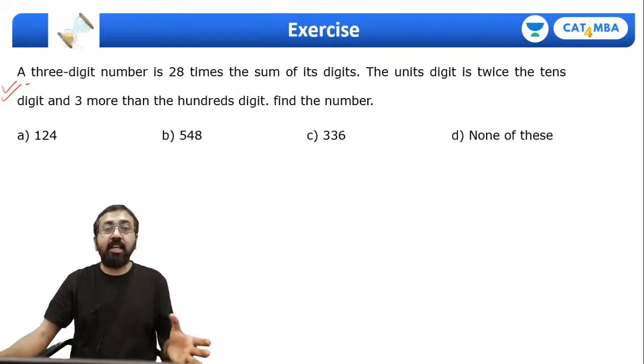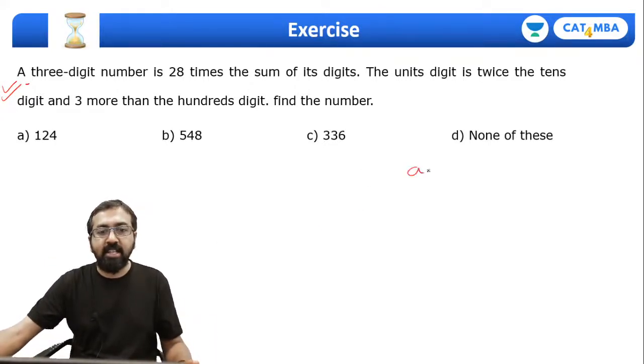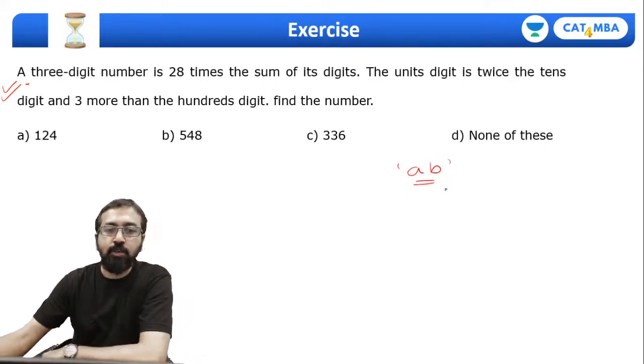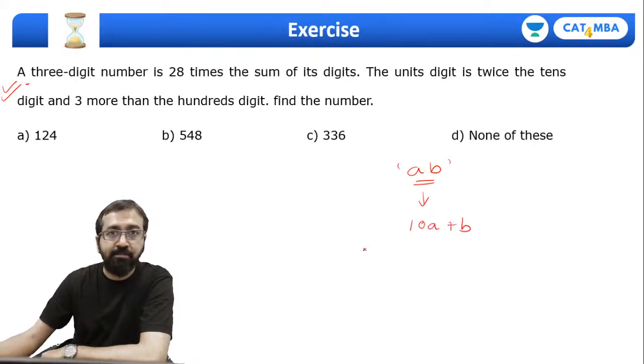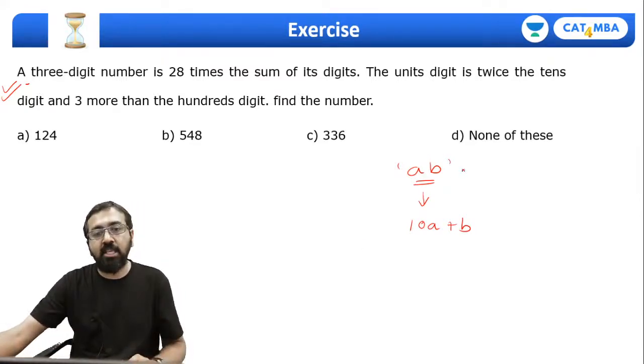Now see, we are taking the digit based questions, right? So I'm sure all of you understand that if I take a 2-digit number AB, then this is called the face value of the number, and the actual value of the number is written as 10A plus B. Please remember this in case you're not aware. So for example, if I am given a question that there is a 2-digit number AB and you are adding